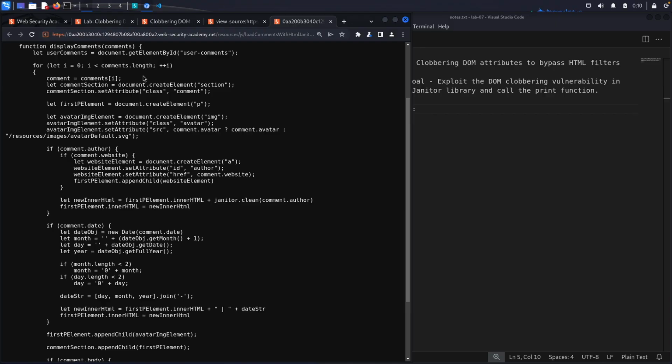So you've got, let's see, a comments array. It creates a section element and then it adds an attribute to the section element that is equal to comment. And then it creates a paragraph element, and then it creates an image element. It adds the class attribute to the image element, and it sets it to avatar. And then from there, it chooses the source attribute for avatar. If it's already set, then it keeps the set value, but if it's not already set, it'll default to this